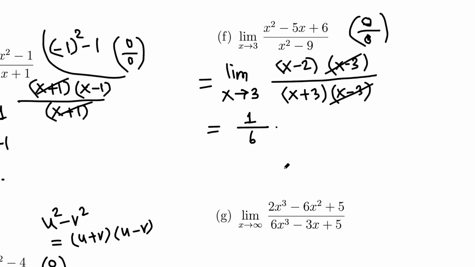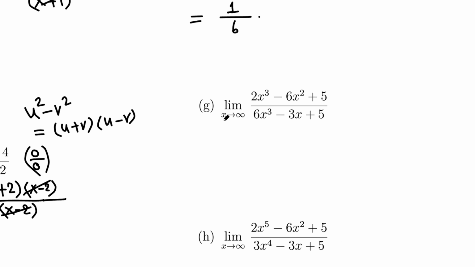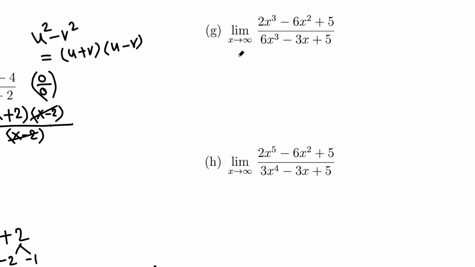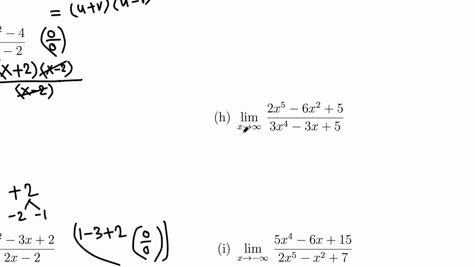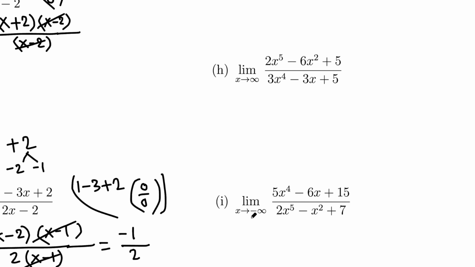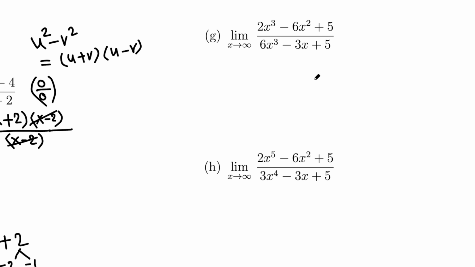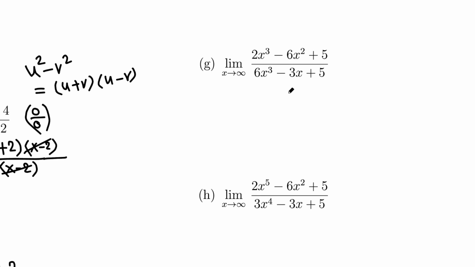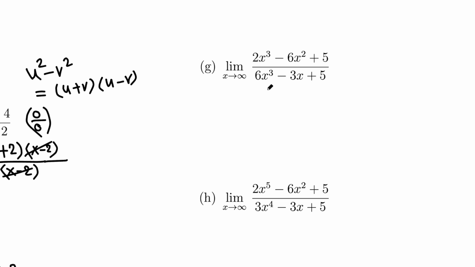Don't go for decimals. Okay, this is x going to infinity. So this is infinite limit at infinity. X going to infinity, limit at infinity. So these are different. So pretty much these are easier. So when x goes to infinity or negative infinity, only the leading terms matter. So in this case, this limit is same as